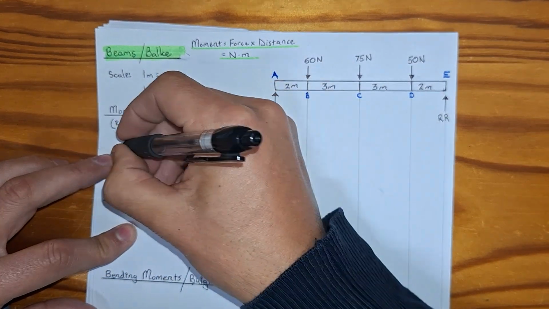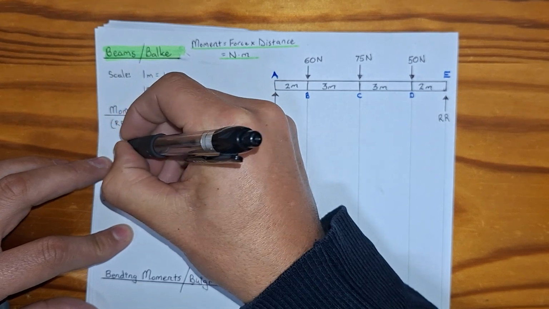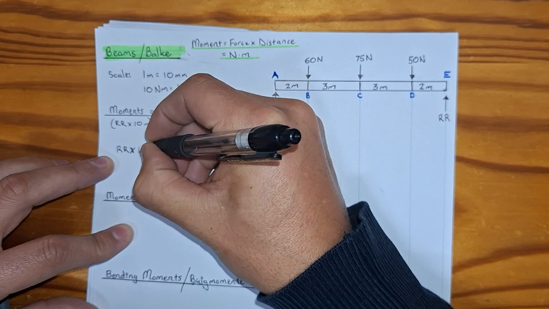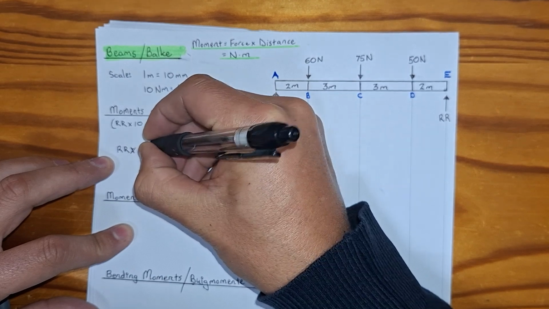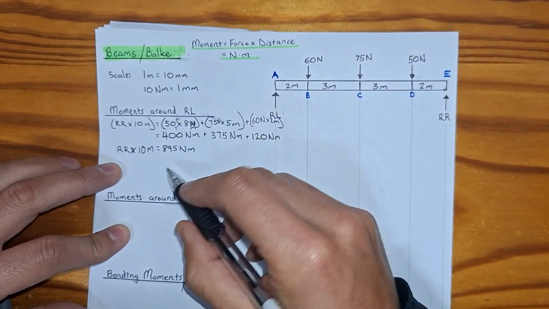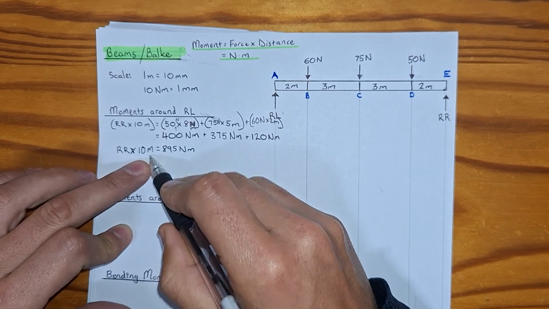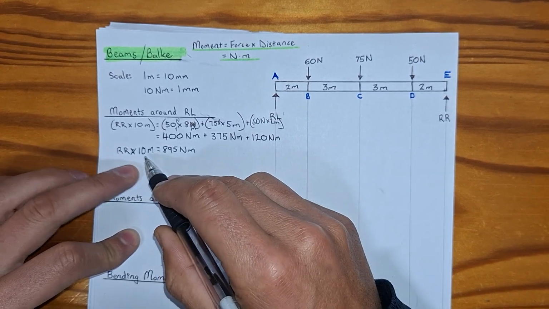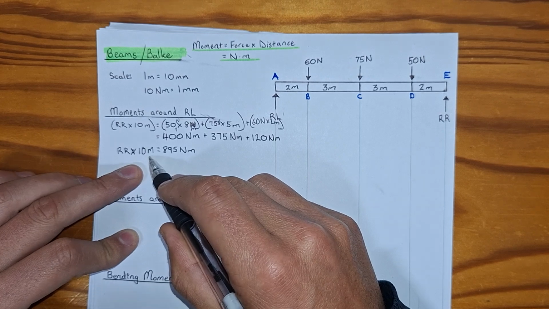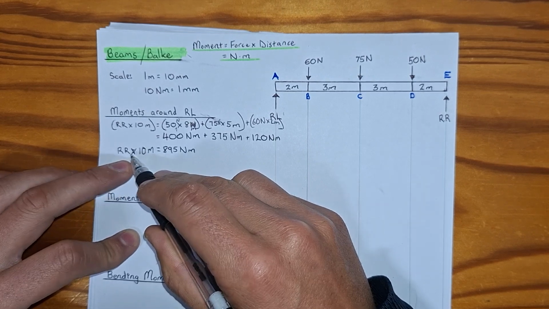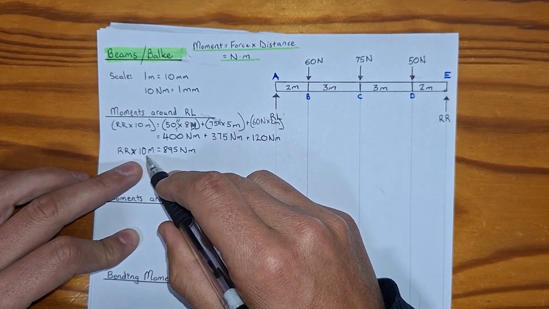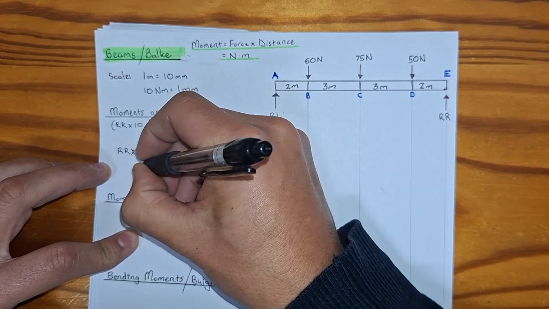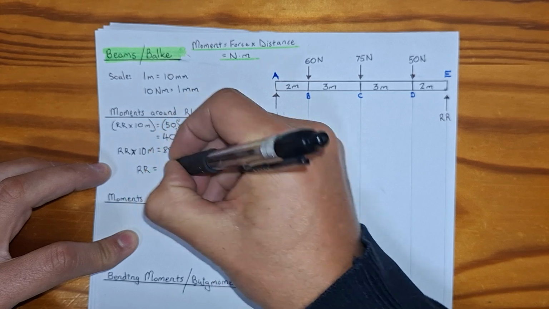So we'll just add it over here again, just to help with the next step. Times 10 meters. Okay, so reaction right times 10 meters equals 895 newton meters. Now we have to get rid of the 10 meters on the left hand side. So that's multiplied by 10, so we'll divide by 10 on the left side, divide by 10 on the right side. So reaction right equals